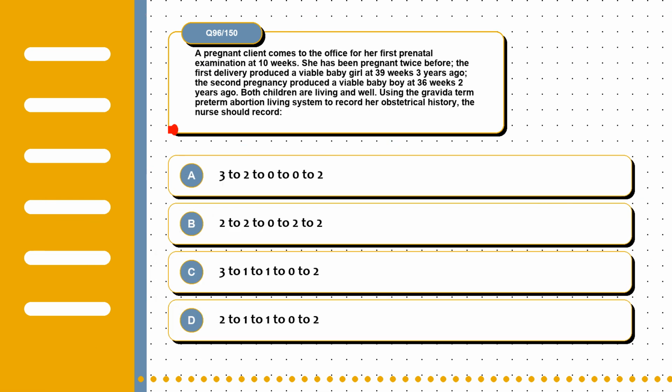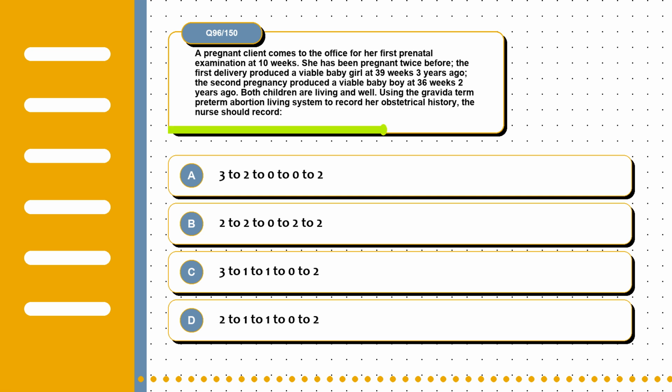Question 96. A pregnant client comes to the office for her first prenatal examination at 10 weeks. She has been pregnant twice before. The first delivery produced a viable baby girl at 39 weeks 3 years ago. The second pregnancy produced a viable baby boy at 36 weeks 2 years ago. Both children are living and well. Using the gravida-term-preterm-abortion-living system to record her obstetrical history, the nurse should record: